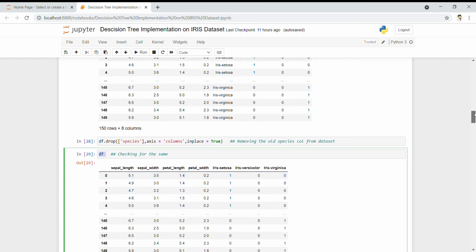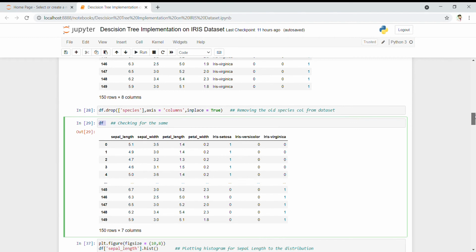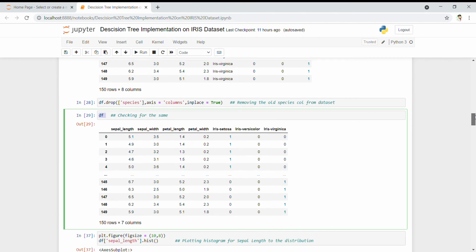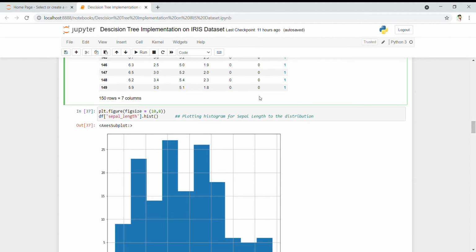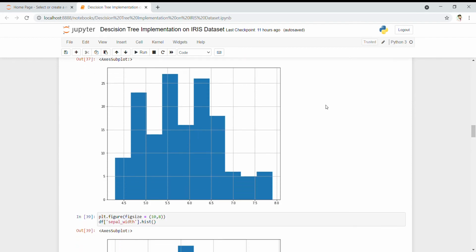So now, after concatenating, getting the dummy variables and dropping the unnecessary columns, we will do some data visualization on top of that. What I have done is use plt.figure, specified my figure size, and plotted sepal length as a histogram to see whether it is normally distributed or not. In the output we can see that the numerical variable ranges from 4.5 to 8.0, and the count on the y-axis goes from 0 to 25. So we can see the graph is normally distributed as well.